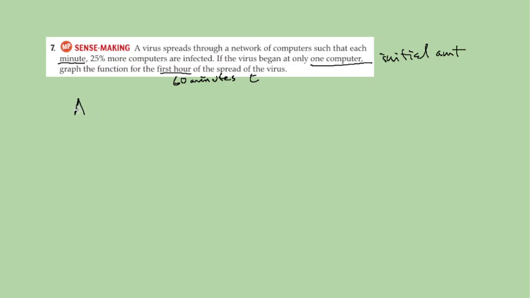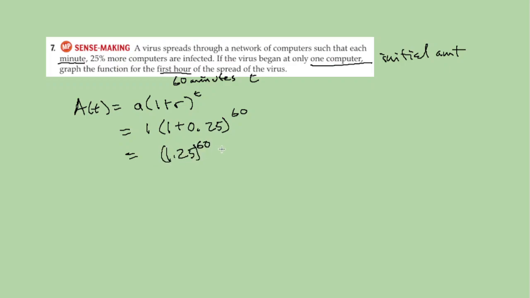So when we write this, when we write A of t equals my initial amount, all right, so I'm going to just write this out, so 1 plus r to the t, right? So my a is 1, right? That's my initial amount, one computer, times 1 plus r, so we have 1 plus 0.25, so this is going to be much bigger, right? And then t to the 60, and so if we simplify this, we can drop the 1, and we're going to have 1.25 to the 60th power, right? And so let's bust out